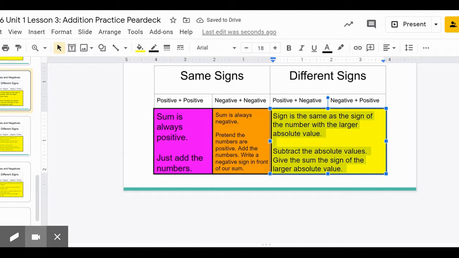So for that first one, negative 1,000 plus 2, what I could do is say, okay, well, I know that 1,000 minus 2 is 998. But negative 1,000 had a bigger absolute value, so my sum must be negative 998. All right? The same strategy